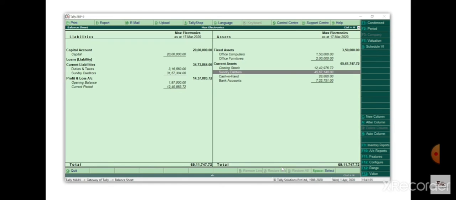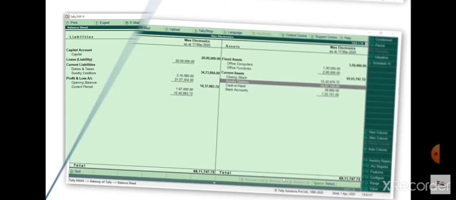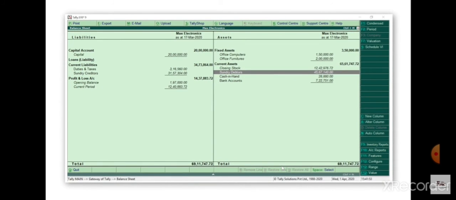Isn't it quite natural for the mind to seek additional information while you analyze the reports, just like Max Electronics did? It is so very true. In Tally, all the reports are designed to follow your thoughts and allow you to perform all the actions you thought about. The next thing we will learn is to compare balance sheet across different companies. In case you have created different companies for your different branches or business verticals, you can compare the balance sheet of these companies in a few seconds.